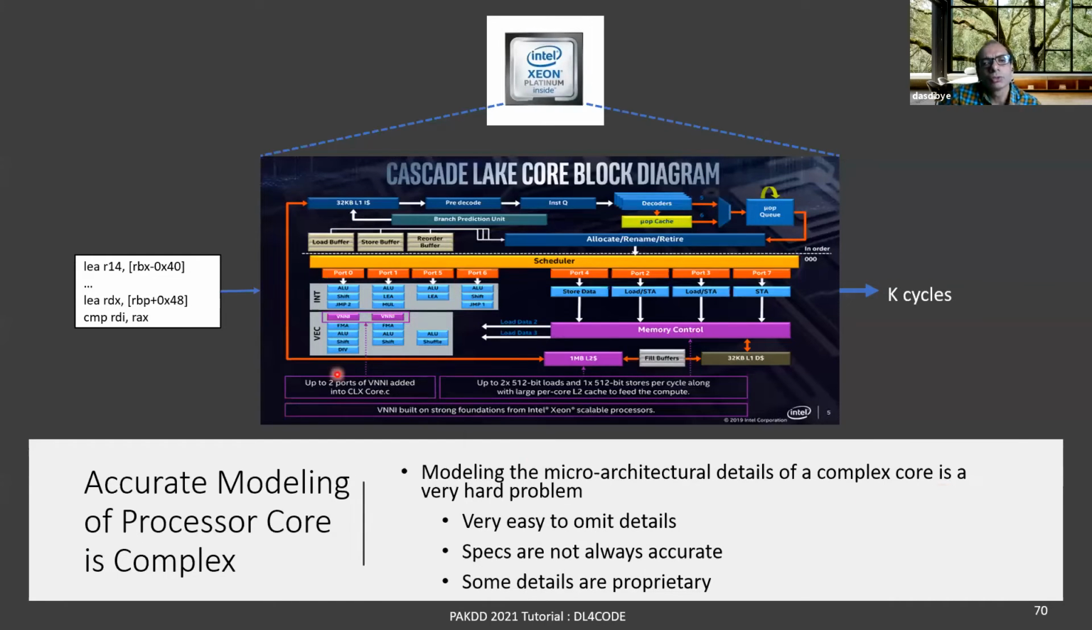So why also the fact that accurate modeling of a processor core is extremely complex. This is one of our latest from Intel. This is the Cascade Lake core block diagram. And people who are familiar with architecture would know that there are front ends, there are branch prediction units, there's a micro-op cache, there are schedulers, there are load store units, retire units, and like several thousands of pages of specification